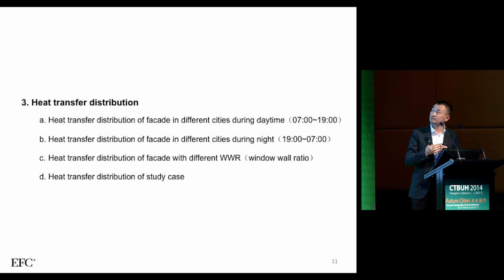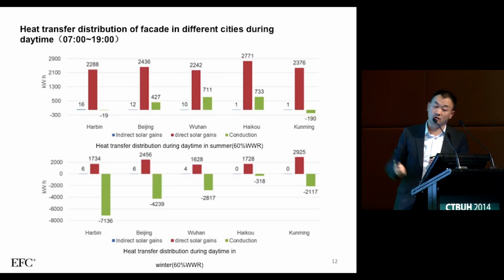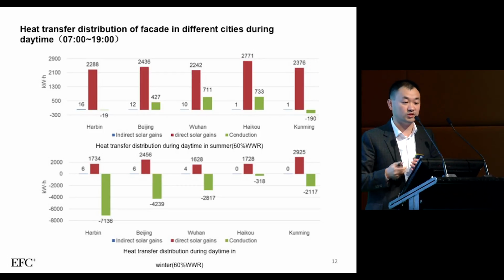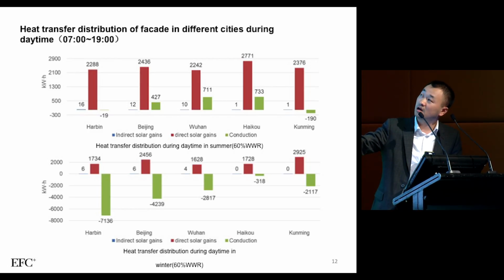But what ratio is the best ratio, or in a certain ratio, what will handle the different glass, like the glass we will choose from the library. So we can figure out from the window wall ratio. That's a chart for the heat transfer distribution in the daytime, that we can say that the 5 different cities,